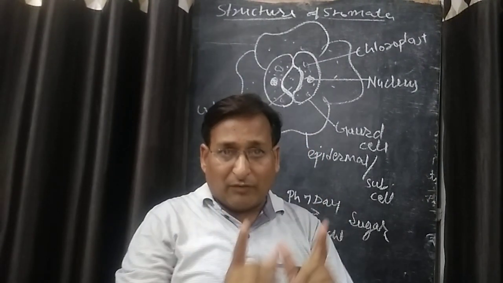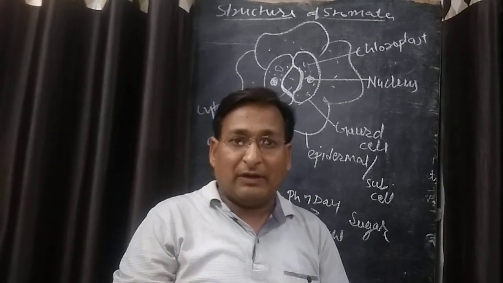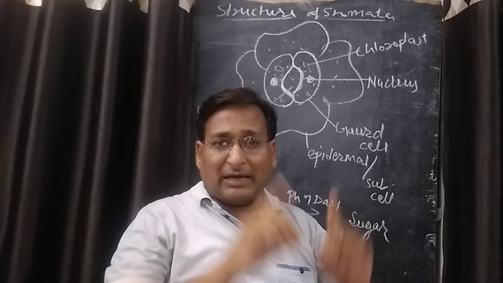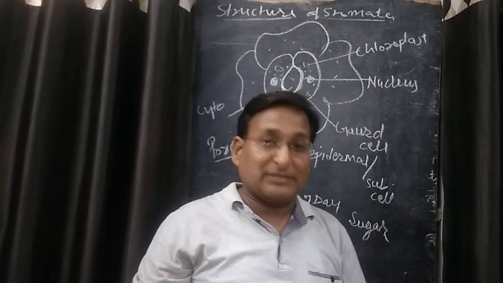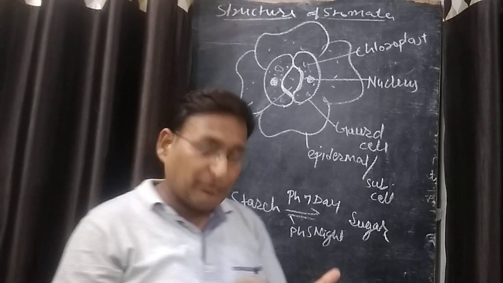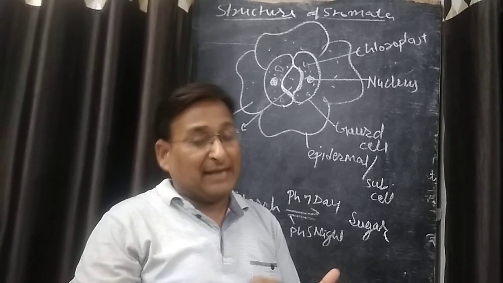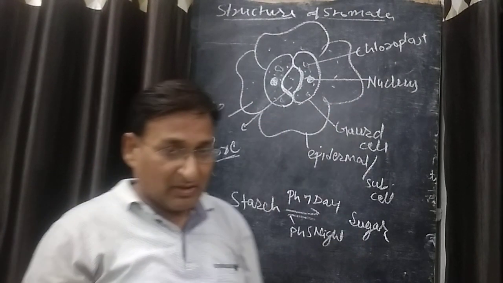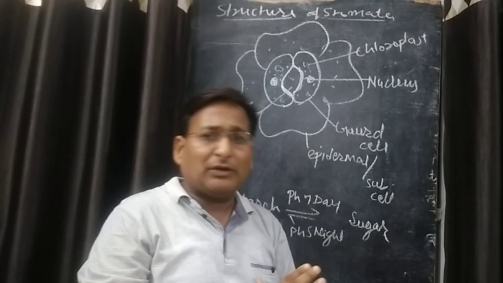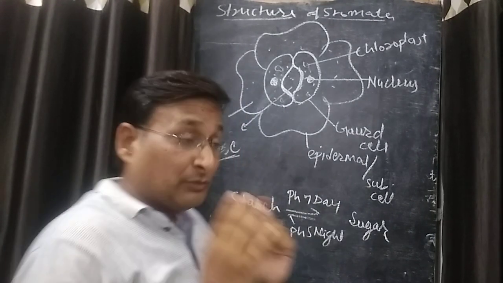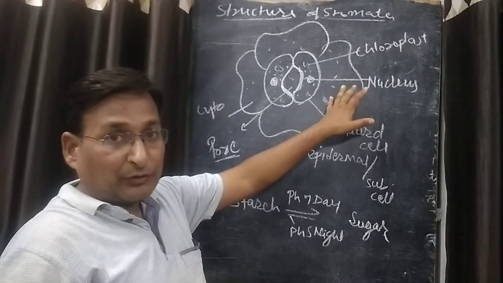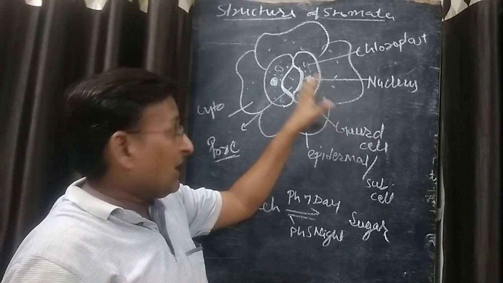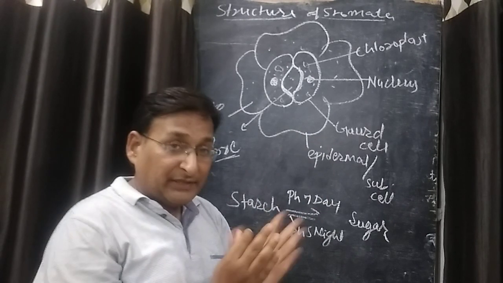So stomata are found on the upper surface of the leaf. It contains a minute pore covered by kidney-shaped guard cells. It contains nucleus, chloroplast and cytoplasm. It is covered by subsidiary cells, but the subsidiary cells do not contain chloroplast, because they do not take part in photosynthesis. The innermost layer of the guard cell is thick and the outermost layer of the guard cell is thin.